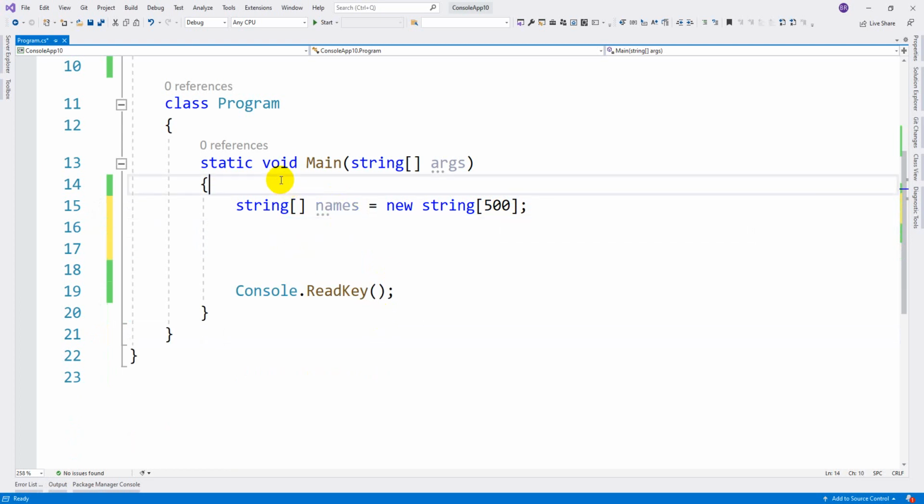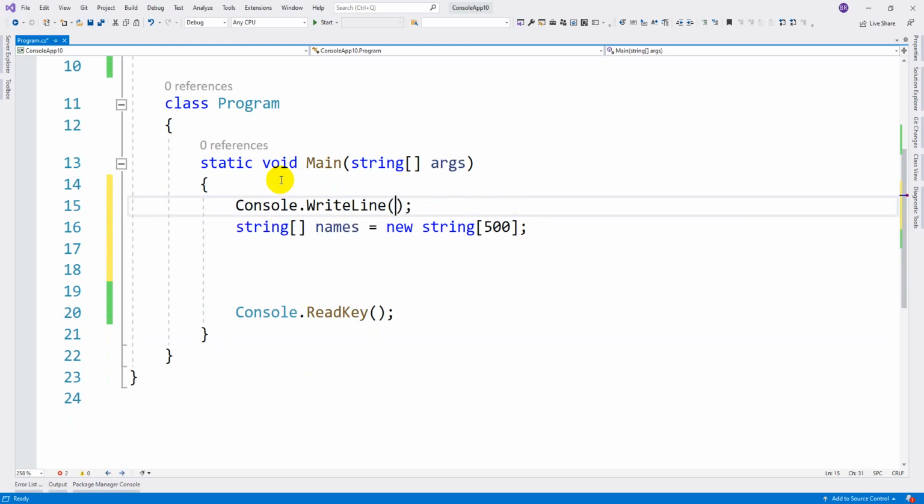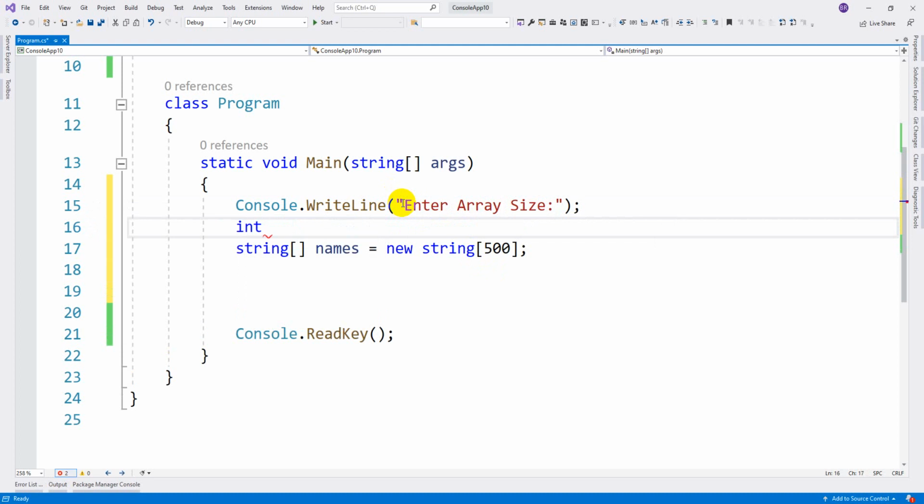So that you can store and retrieve the values from an array. That is the reason I am first asking for the length from the end user, so that it is useful as per the user requirement. Here we are asking, enter array size. After seeing this, the user will enter some value, which I store in the variable n.